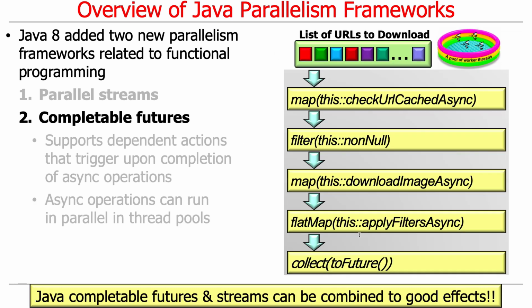So one of the other cool things that you'll learn, and you'll see this when we do the fourth and final project in the course, is you can actually combine completable futures and sequential streams together for good effect. You can have a very nice program that uses streams to pipeline together computations that run asynchronously. And this is really cool. And you'll get a chance to play around with that in the fourth assignment. It's also possible to do completable futures without using streams too. That's also quite reasonable, but I like it when they get combined together. It's like a Reese's peanut butter cup, right? You take chocolate, you take peanut butter, you put them together, they're really tasty.